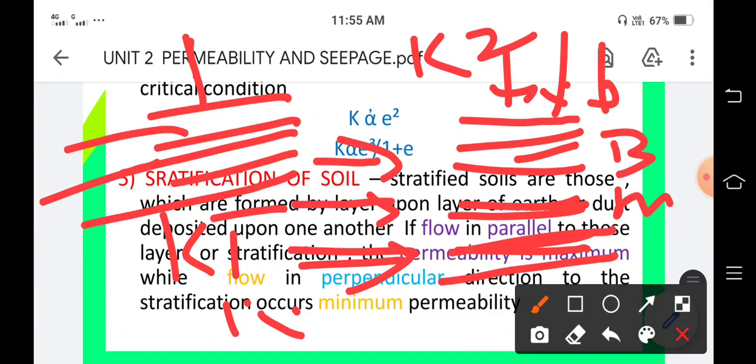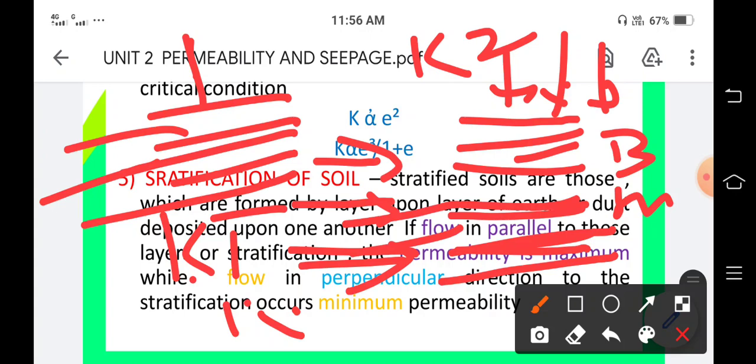And when the flow of water is perpendicular, permeability will be minimum, means K1 will be the more discharge or more permeability, and K2 will be the minimum permeability. It means that when the flow of water is parallel to the stratification or parallel to the layers, permeability will be maximum,